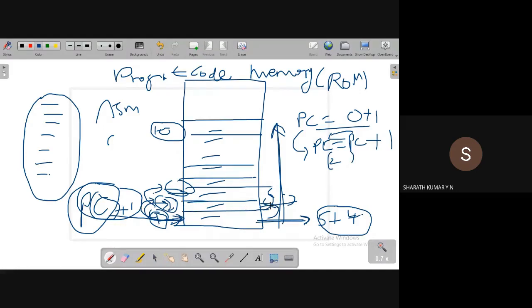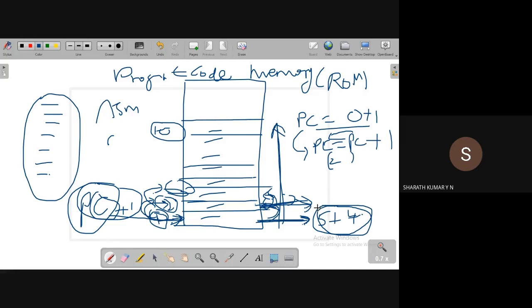the second location, and the microcontroller will execute the instruction. While the microcontroller is executing the present instruction, which was pointed to by the PC, the PC is already incremented by 1 value. It is ready, pointing to the next instruction. That means when the present instruction is being executed by the microcontroller, PC points to the next instruction. Why? Because it has already been incremented by 1. It is automatically pointing to the next instruction. When the present instruction execution is completed, the microcontroller is looking for the next instruction to execute.